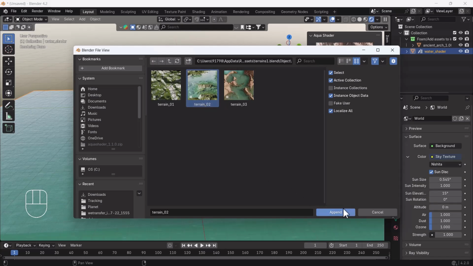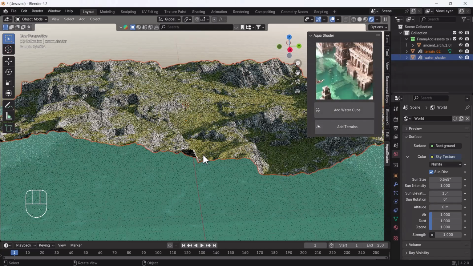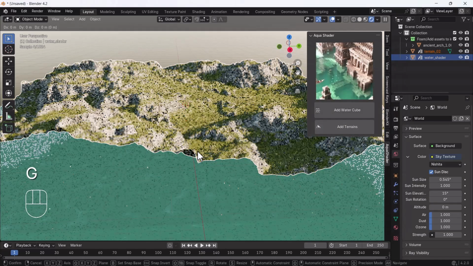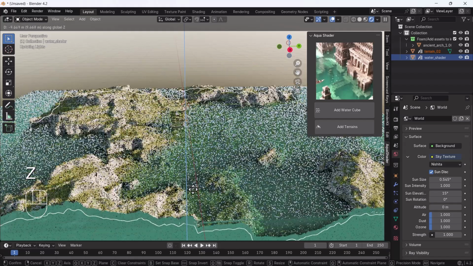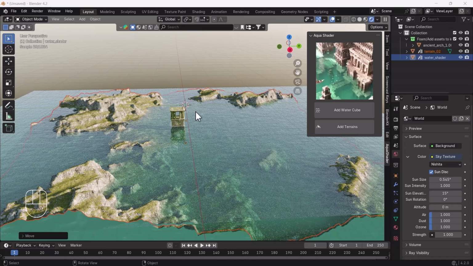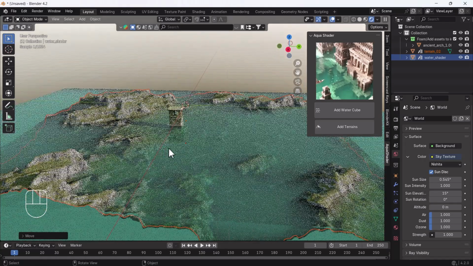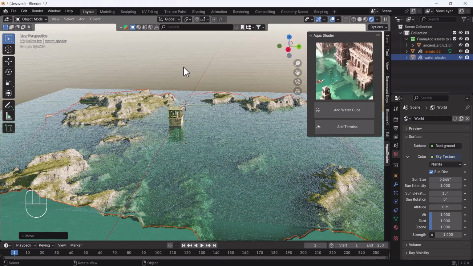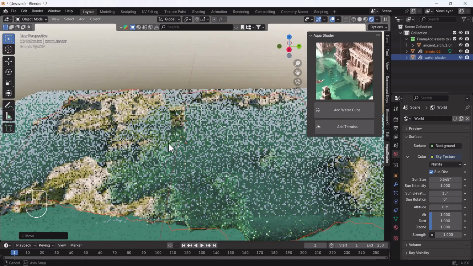I'm just gonna click it and append it. Now here we go, guys. Here you can easily see the terrain texture very nicely, and we can just place it here. Alright, so there is no issue with the add-on, so do not worry about it. The reason behind it is that we haven't added the HDRI texture into our scene basically. So this is how you can use it.